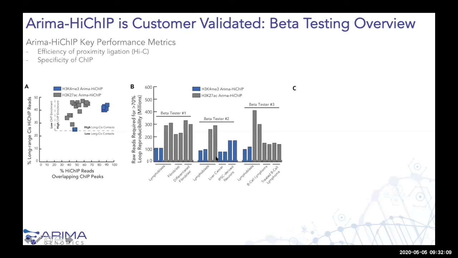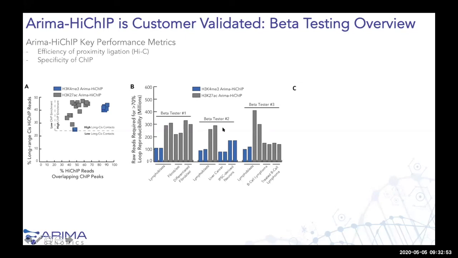We then plot essentially the total number of reads that are required for at least 70% reproducible loops across the 3 different beta testing sites in many, many different cell lines. The main takeaway here is that for H3K4 trimethylation, we're needing about 100 million reads to obtain reproducible active promoter-centered loops across the genome. And for K27 acetylation, a bit more of an enhancer-centric point of view, about 300 million reads for those H3K27